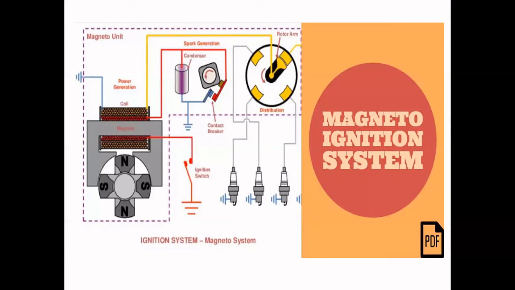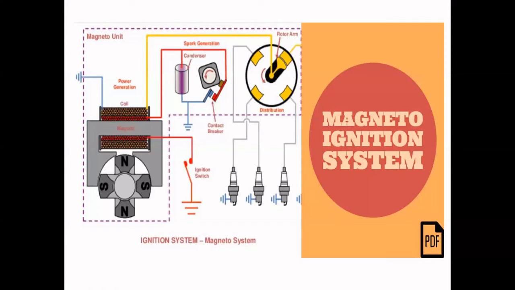Now, as far as this breaker, again I will repeat. The magnet starts rotating with the help of the engine system and it starts producing voltage. As the speed of the magneto increases, it produces more voltage. One end of the magneto is grounded through the ignition as well as the condenser. The contact breaker is operated with the help of a cam, which is not shown on the screen.